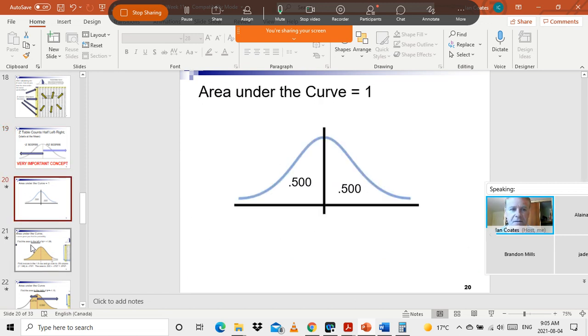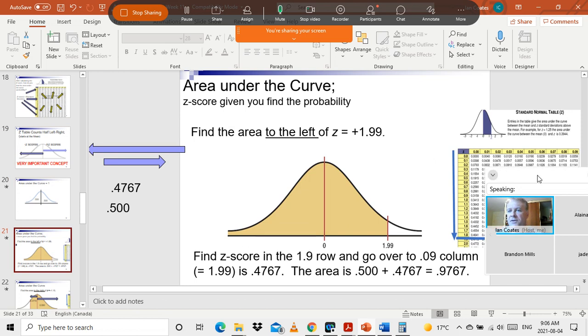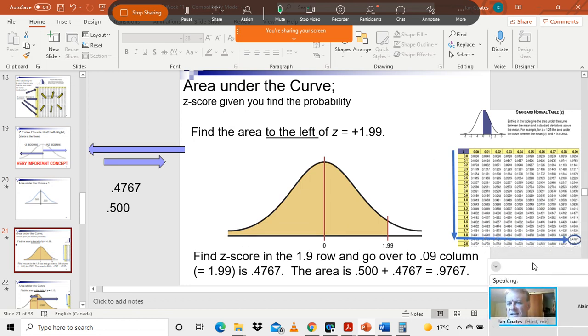50%, 50%. So let's have a look here. How do we do this? Once this clicks, it's not too bad. So on a test, this is what I'd give you. Find the area to the left, find the probability to the left of z equal to plus 1.99. So plus 1.99 is right here. Does this have to be exact? Like,